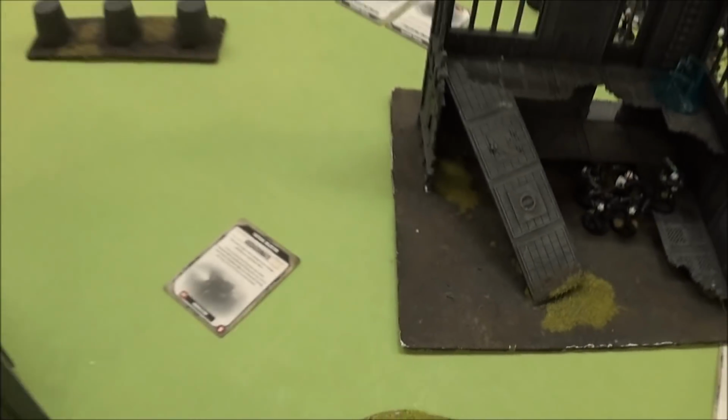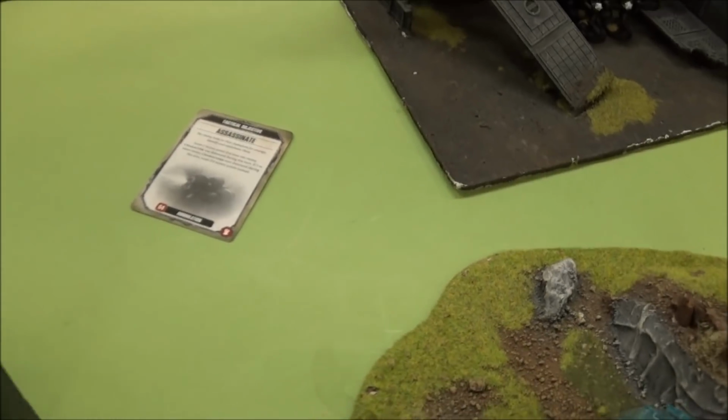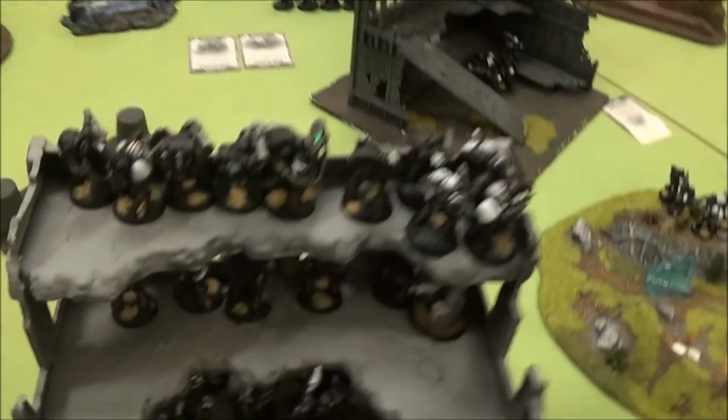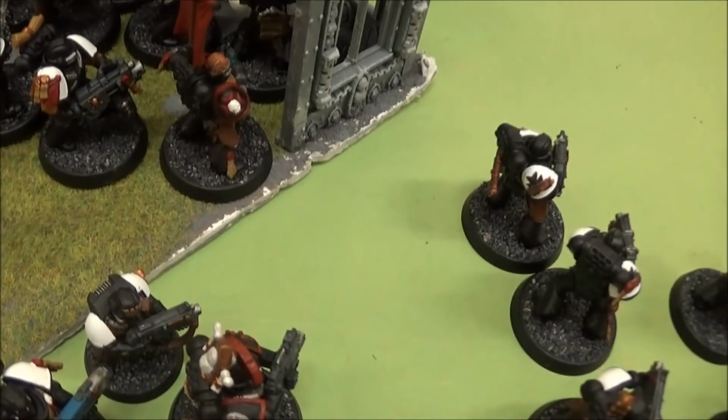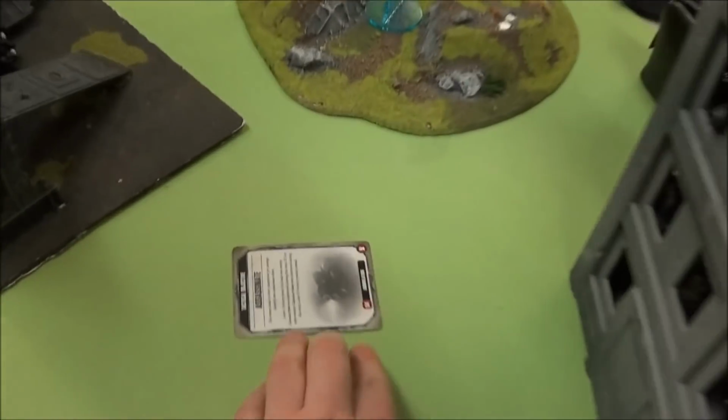Now you see, I thought that Simon had to summon his assassin in turn 2, but that's just my unfamiliarity with them. Apparently you can just deploy them. So there you go, he's deployed right there, and he, without any problems, just put a shot through the head of my chaplain that was here, and that got him first strike and assassinate,